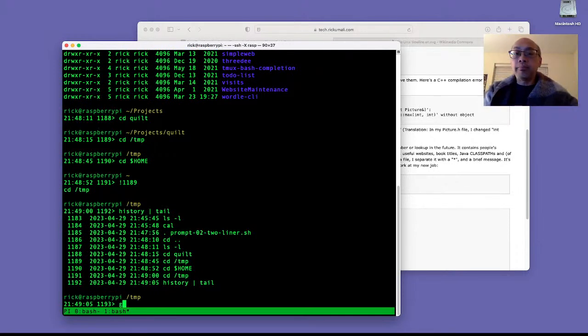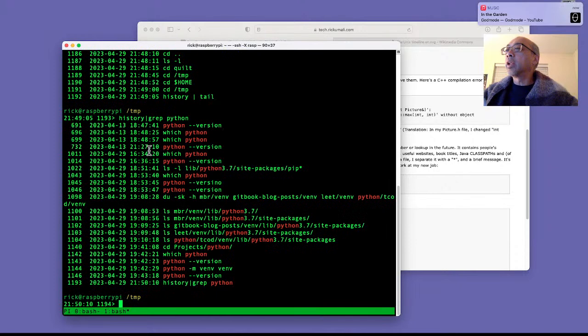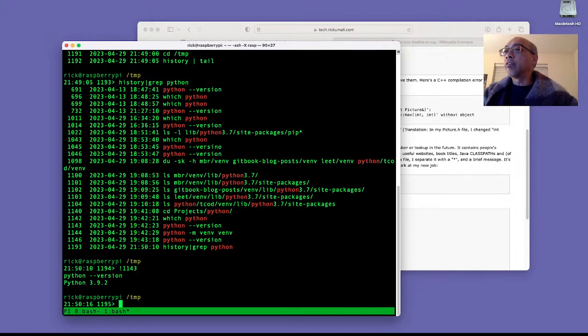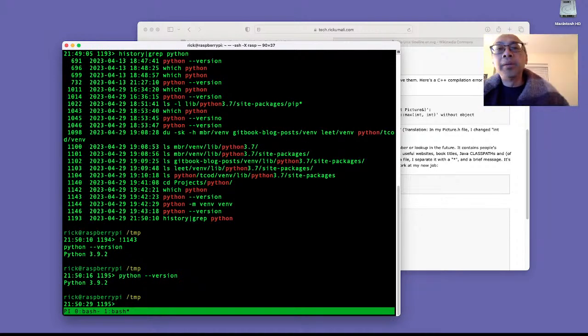Or if I do a grep, I'll think, oh, I want to repeat this. What's my Python version? I can just do bang 1143. I mean, you could also do Control R to search and do version, and it'll repeat it. But there was a lot of utility. There was a lot of flexibility when you could remember the command line numbers and you associate them.